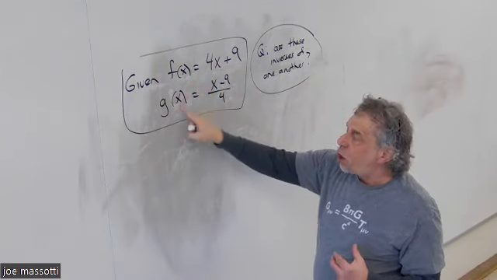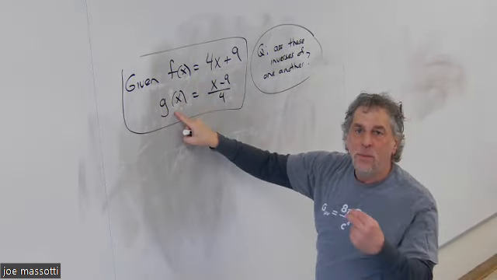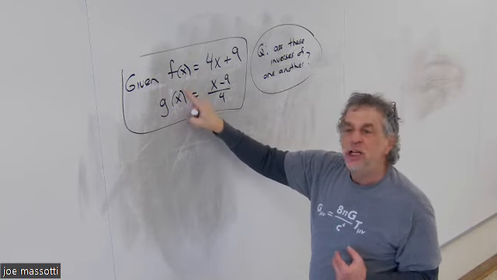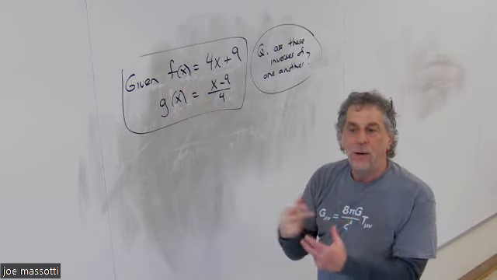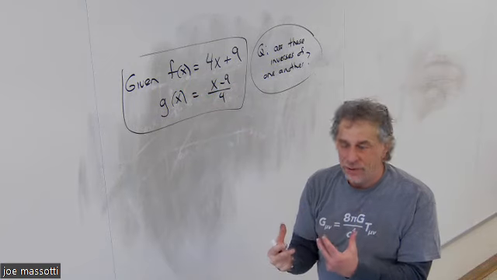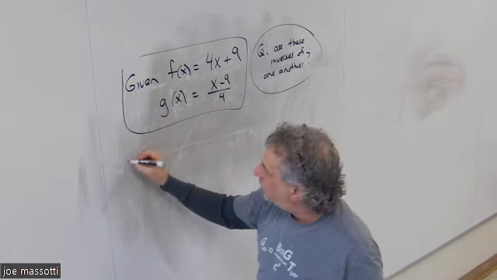We have to find f of g of x and come up with x, and we have to find g of f of x and come up with x. It has to work in both directions. So we're going to use composition. So our answer,